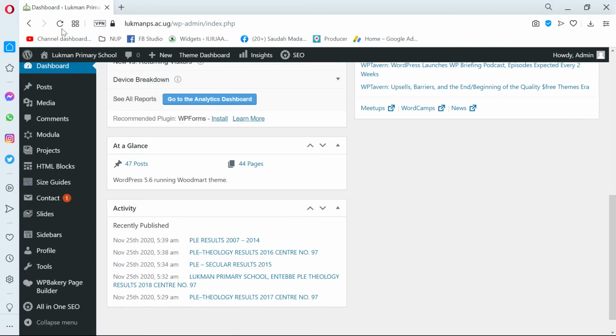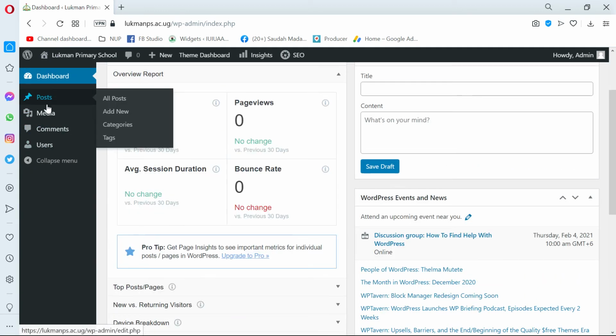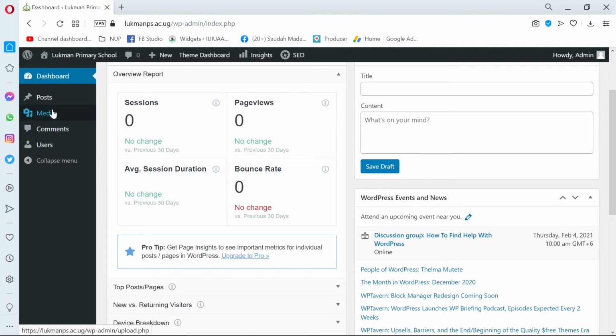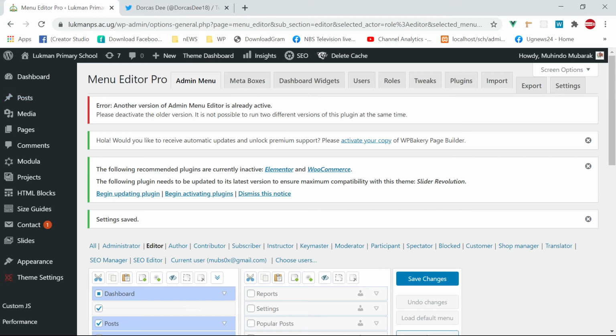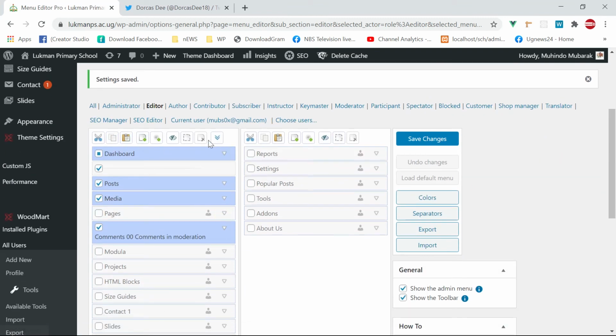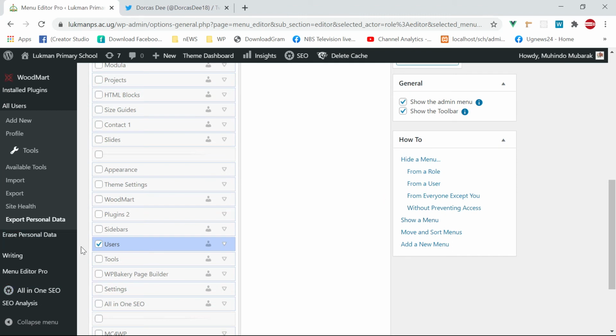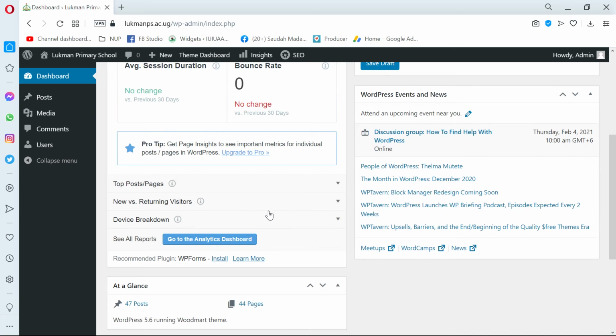So let's come and refresh now. You see, the teacher will see the things that he understands now. So that's how we limit the user not to see everything. So we can go ahead and do it, and hide even the comments, and hide the different sections such as the notices and the rest. They can as well hide those ones. But basically that's how we limit our customers not to see what